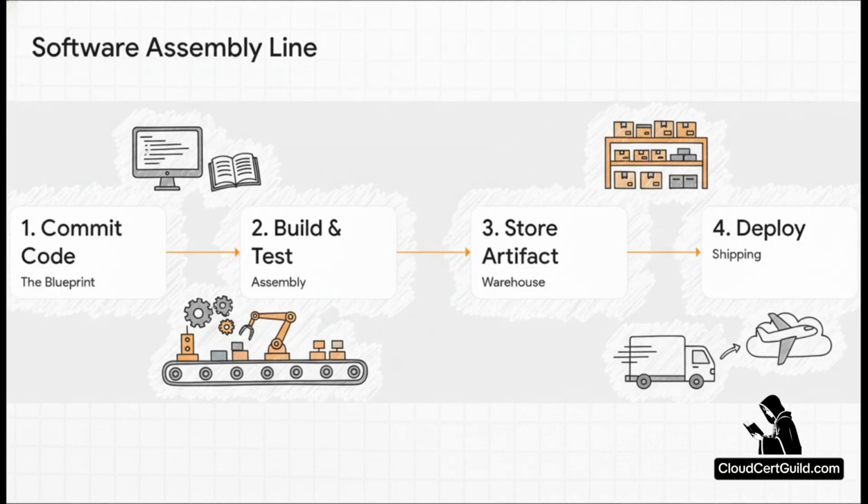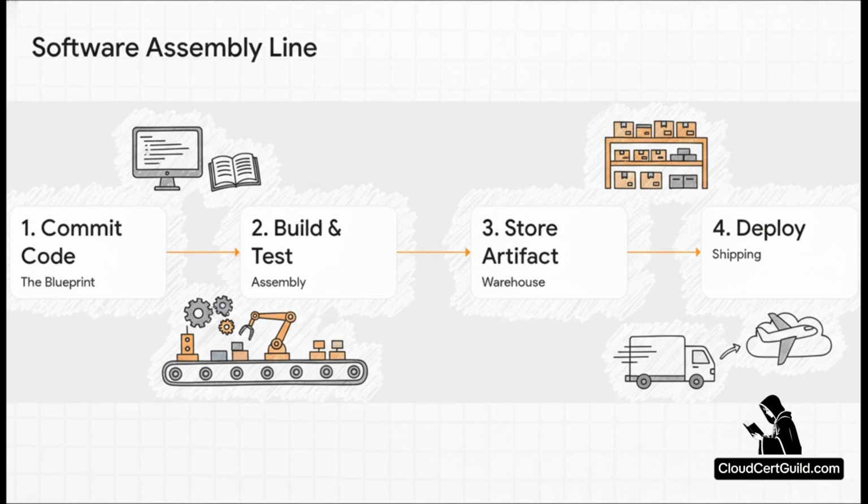Okay, here it is, the floor plan for our entire factory. It all kicks off when a developer commits their code. That's basically the blueprint. From there, the blueprint zips over to the assembly line, where it gets built and put through a whole battery of tests. Once a part is assembled and passes inspection, it's stored in a warehouse as something we call an artifact. And finally, the last step, it's shipped out to the customer. We call that deployment. This whole automated process from start to finish, that's our CI/CD pipeline, which stands for continuous